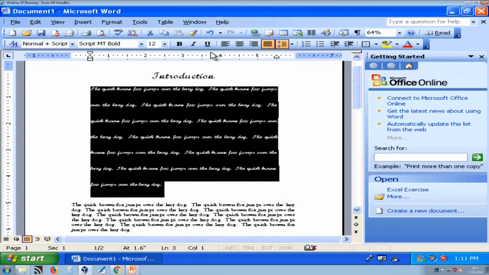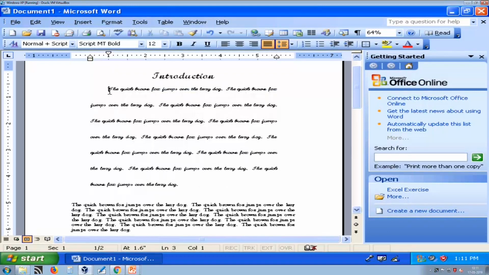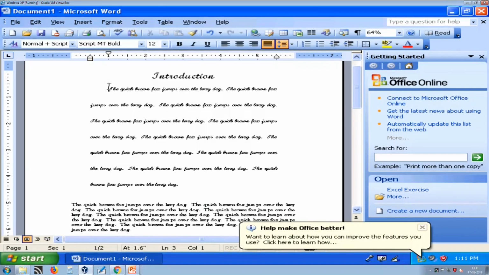This is called left and right indentation, and we can have special indentation also. It will apply to only the first line. Now I am applying first line indentation of 0.5, so I can press OK. You can see that the first line has one more indentation, a special indentation of 0.5. This is how you can apply it.